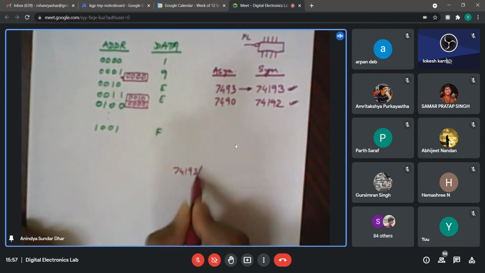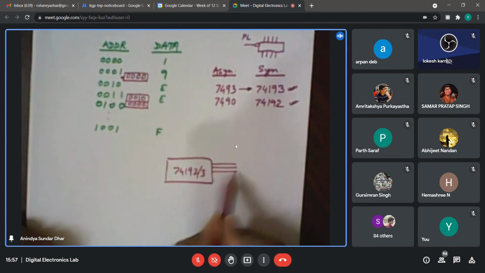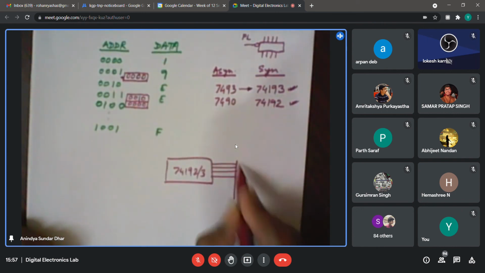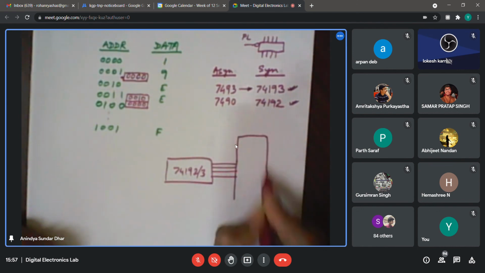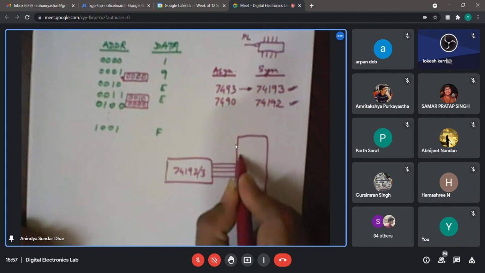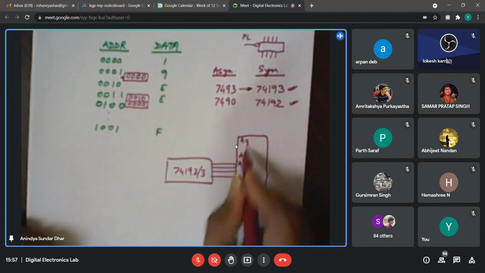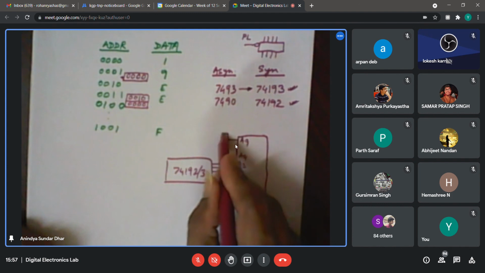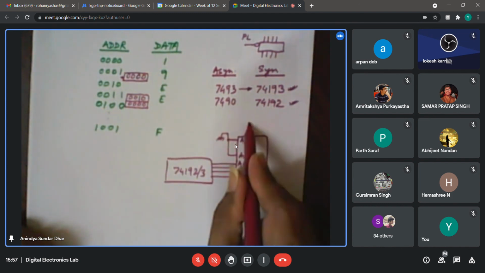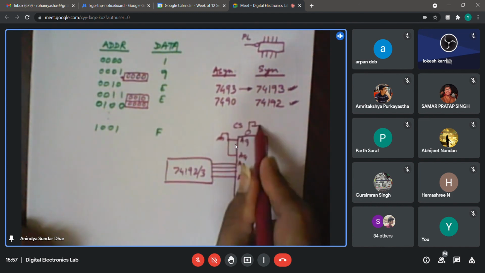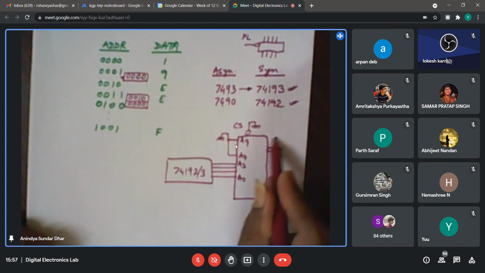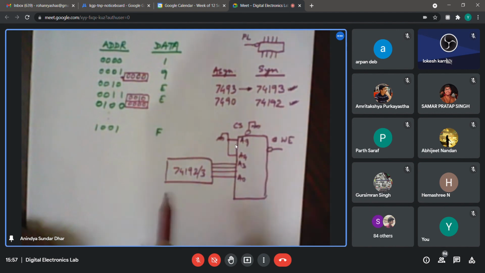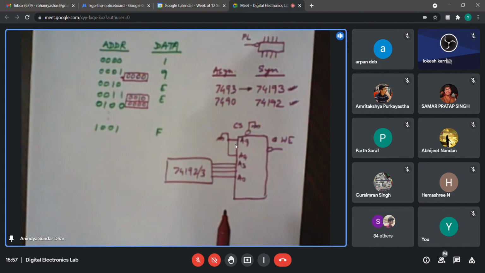The 4 bits of 74192 or 74193 you connect to your RAM chip. For the RAM chip, that means A0 through A3 only. The other bits, A4 through A9, you ground. Then chip select bar you also ground. There will be one more connection, the write enable, and the other is certainly the data bus.